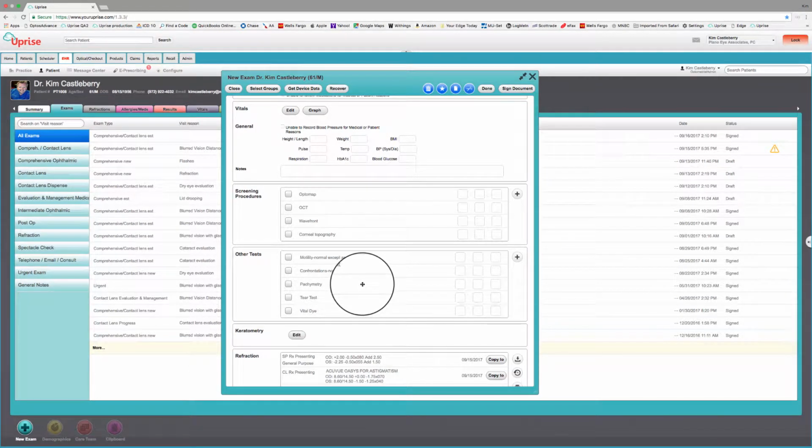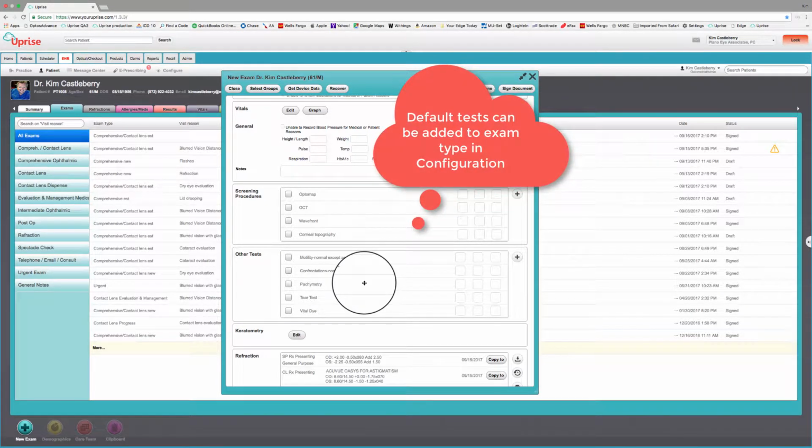Here we're going to review screening procedures and other tests. Screening procedures is a group where you can add generic coded tests to the exam for documentation and billing purposes. It'll use the S9986 non-covered code to put into billing, and it gives you a place to document any associated